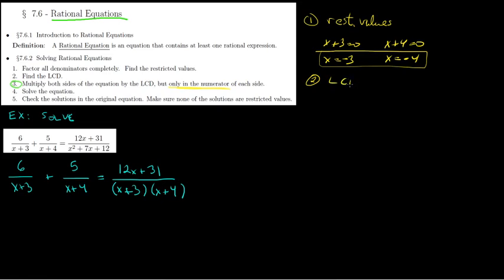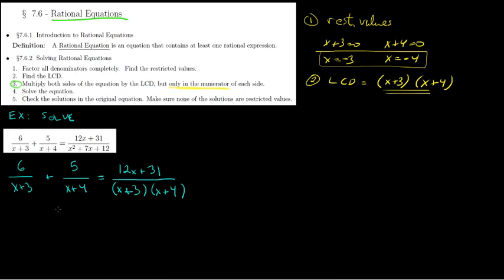Step 2, find the LCD. Well, we need to include all the factors. There's only two unique factors, right? Two distinct factors, x plus 3 and x plus 4. So that's our LCD, right? So in step 3,